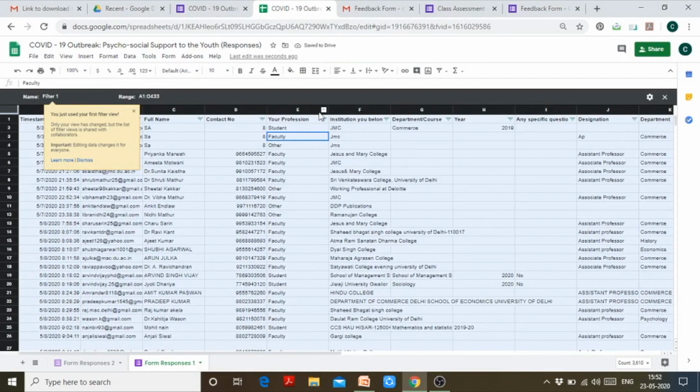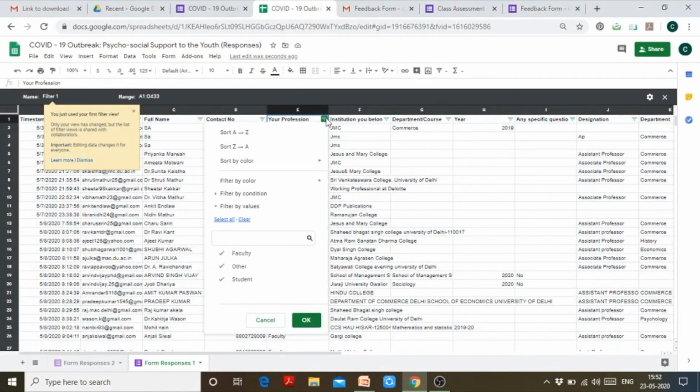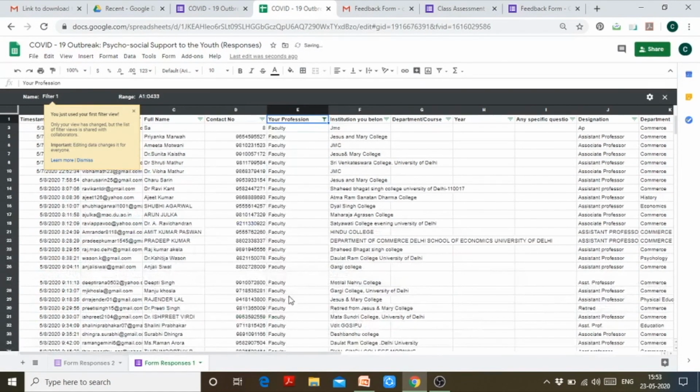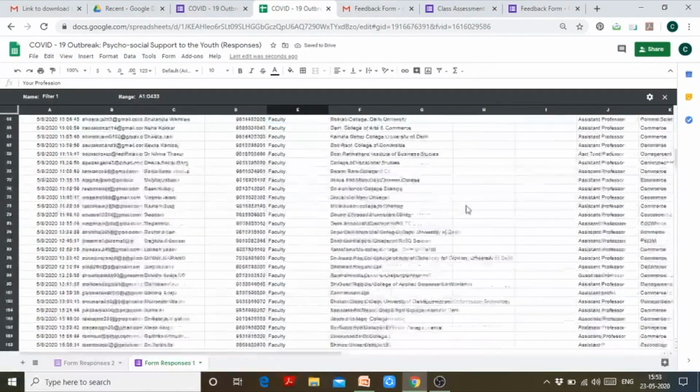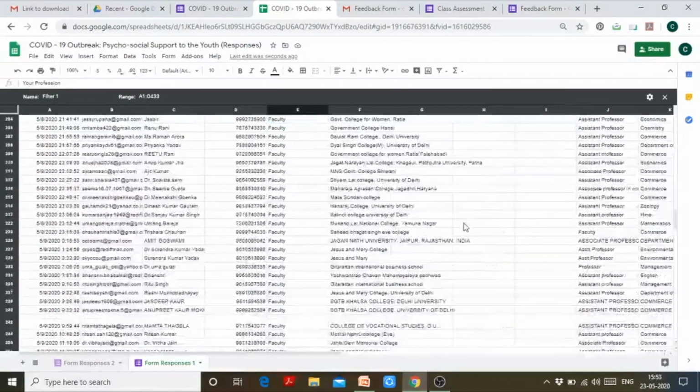Yes, it has selected the whole sheet, and then I can select as per my need. Say I want to choose the faculty, so I have unchecked the remaining ones. Okay, so I have got the data of all the faculty in this particular response sheet.